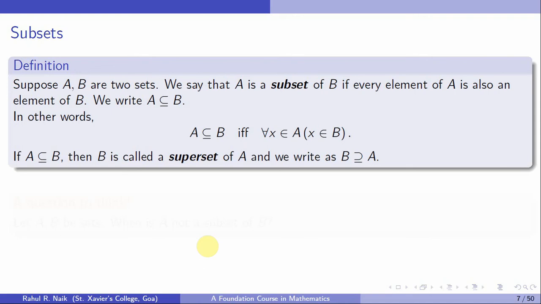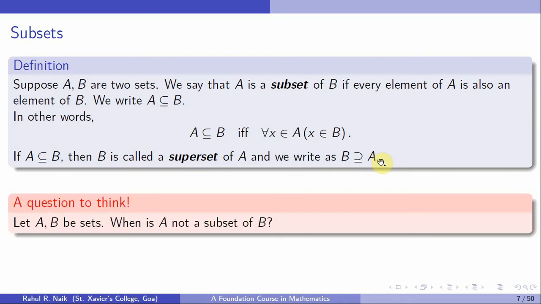We read it in this way also, and this is the notation that we use: A is a subset of B. Now most books also use simply that reverse C, but this text uses it for a proper subset. In other words, A is a subset of B using quantifiers: for all x in A, x is in B. Whenever A is a subset of B, we can say that B is a superset of A, and we denote it in this way, the reverse of that notation.